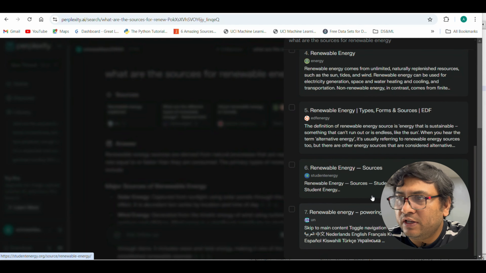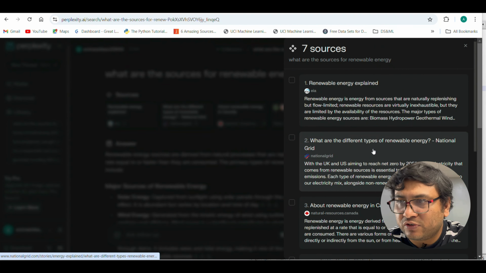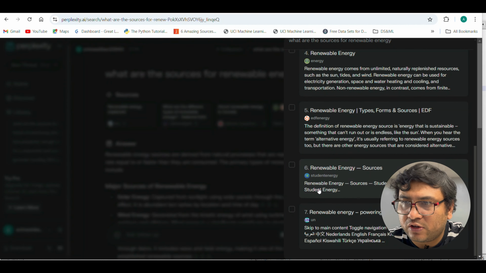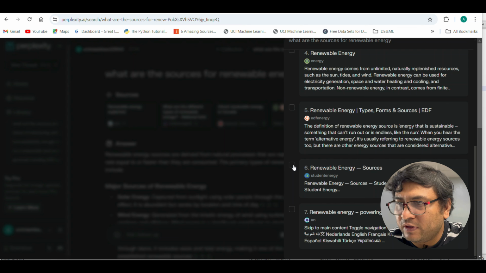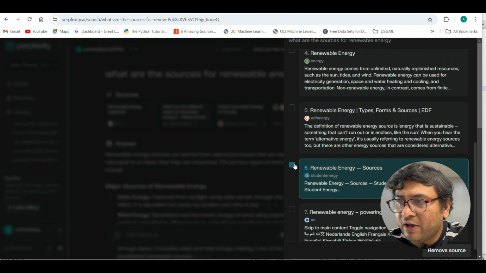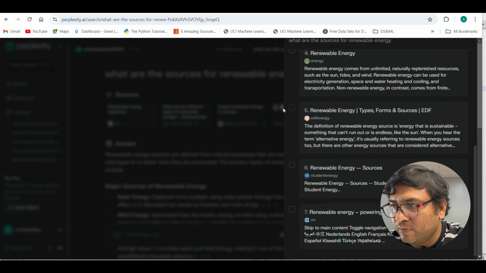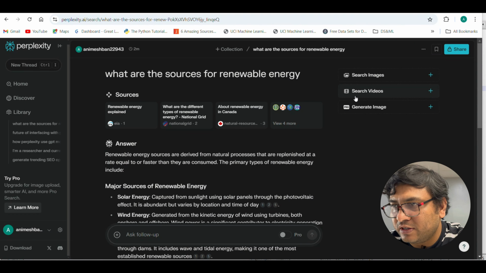Now in this section, you actually get some additional information, right? If you look here, you have a total of 7 documents or references available. Now if you go here, you get all of them, all 7, and you can choose to open each of them one by one. Let's say if you find a document that doesn't look to be relevant for you, or you think that's outdated, you can actually choose to remove this source. Let's say I choose number 6, number 5 and number 7, and I can remove. There's an option to remove these 3 sources also.